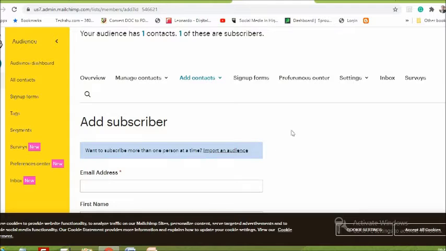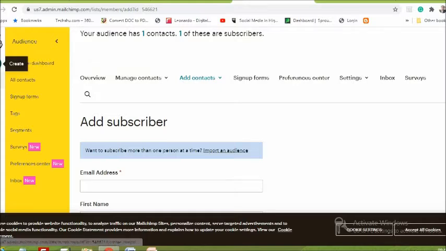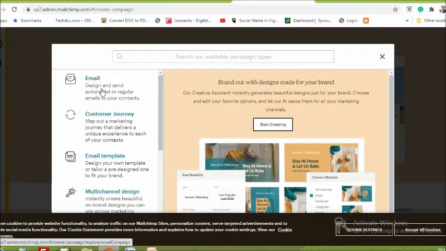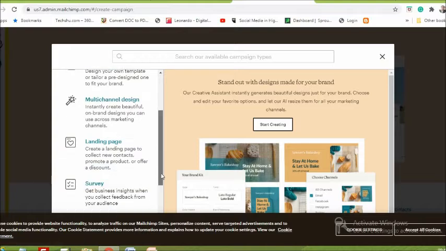Then we can start sending email. Create a campaign, this is basically the dashboard. This is create a campaign. We can say this is email: design and send automated or regular emails. Customer journey, email template, it's all available. Multi-channel design and landing pages.